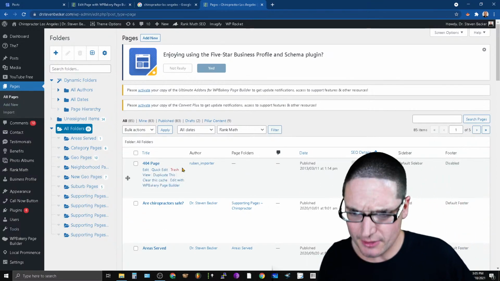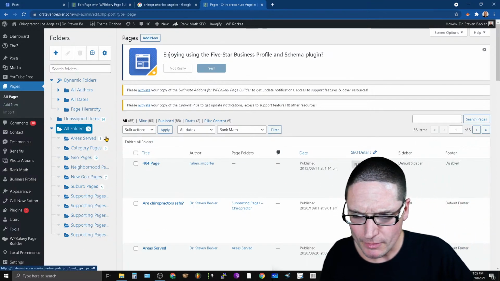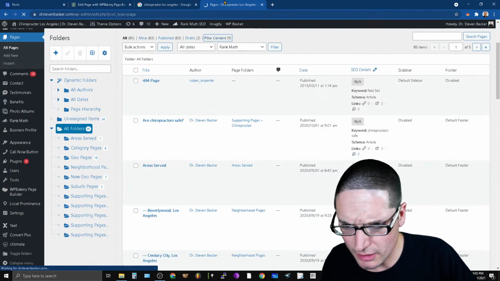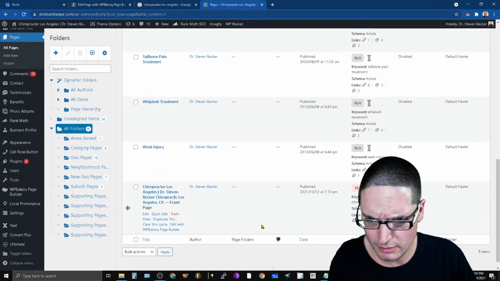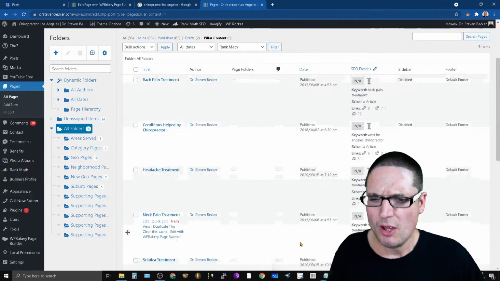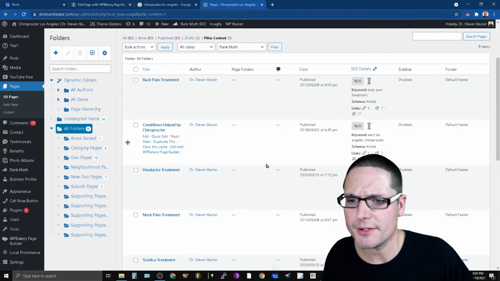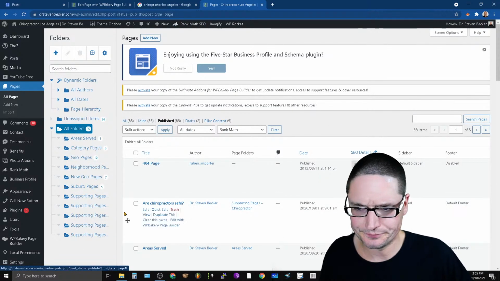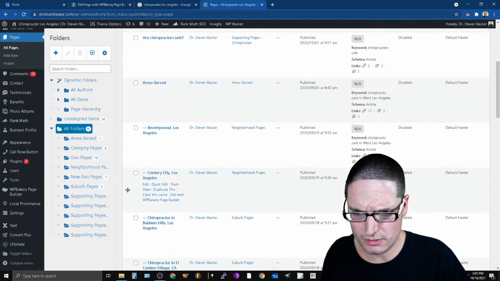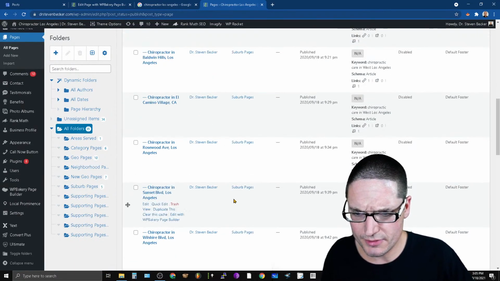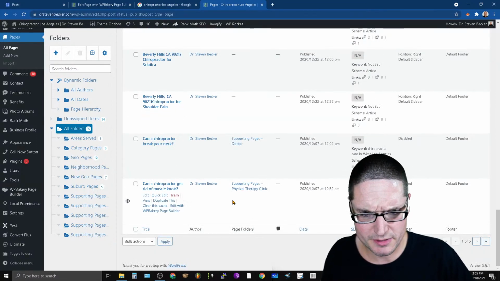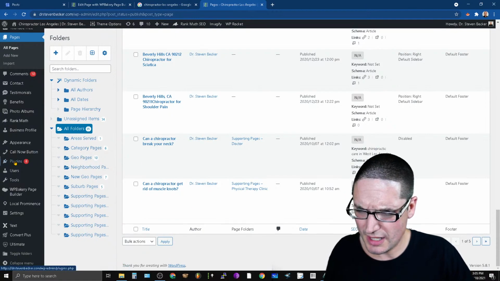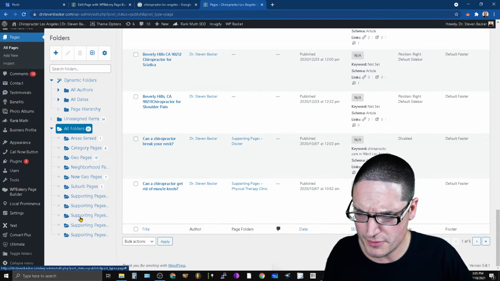So let's get inside of here and see what the heck is going on. So we have our pillar content. This wouldn't be considered a piece of pillar content. I don't understand the pillar thing, but I think the pillar pages are the primary service pages, so that's interesting. See, I don't do things like this, but that's okay. 404, areas served. Okay, so we have all this stuff in here. This is just packed with filler content, I'm assuming. So category pages, areas served, suburbs, supporting pages.